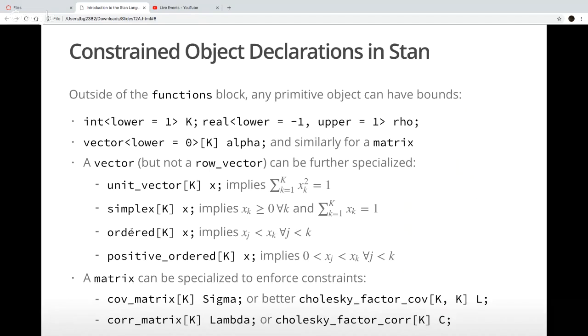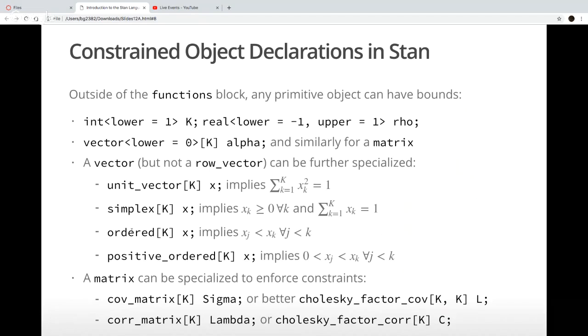You can also have a corr_matrix of size k. That's a correlation matrix, so it's also going to satisfy the positive definiteness restriction, but the diagonal elements are all fixed to be 1. Or you can have a Cholesky factor of a correlation matrix, which is also going to be lower triangular. The diagonal elements are going to be positive, and then each row is a unit vector. So the sum of squares along the rows would be 1 for each of those.